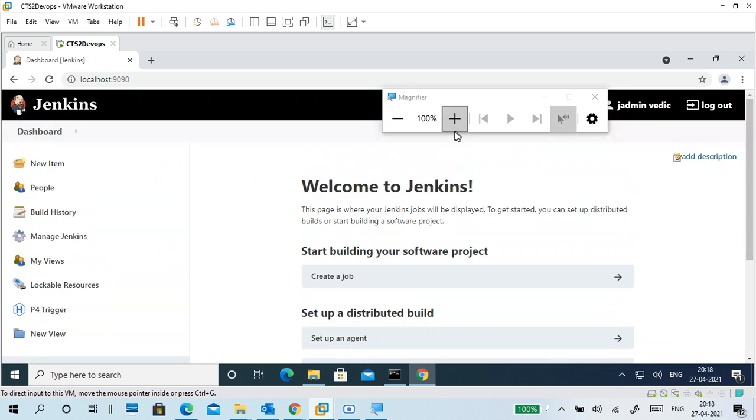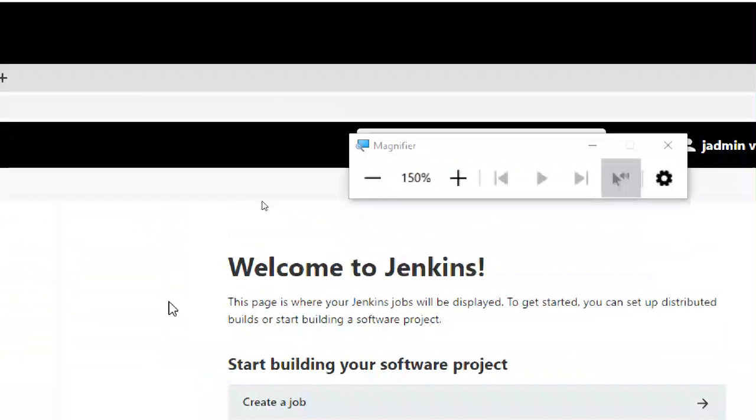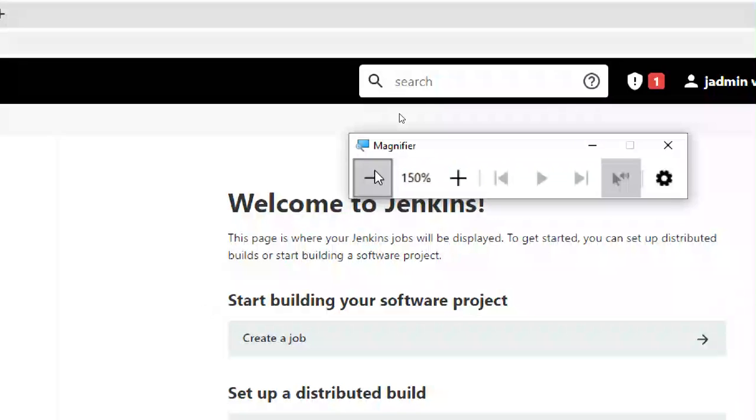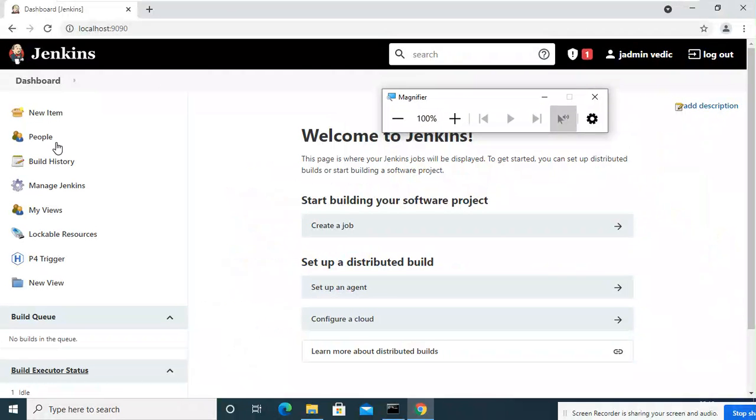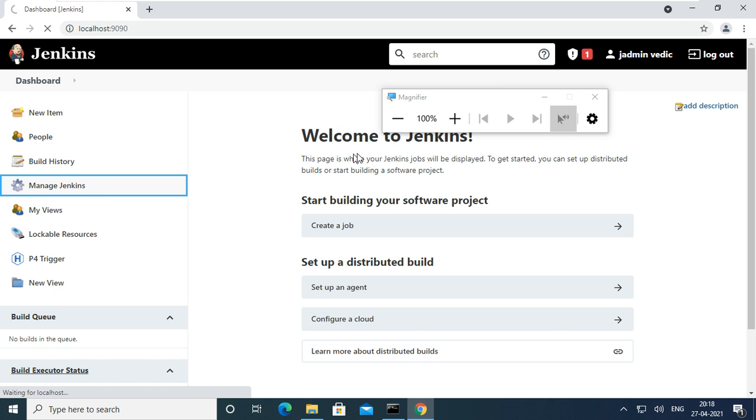Right. Okay. Manage Jenkins. First go to Manage Jenkins.